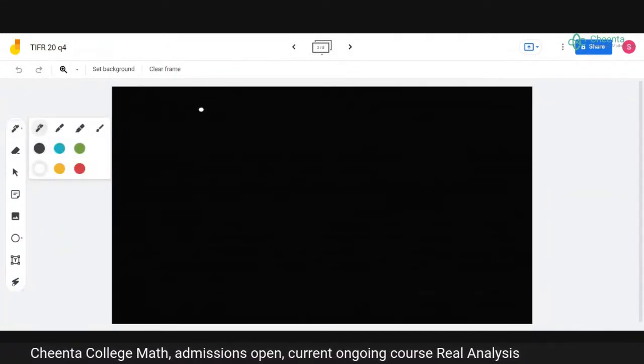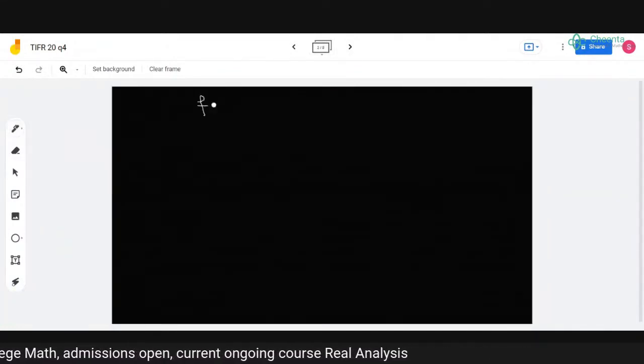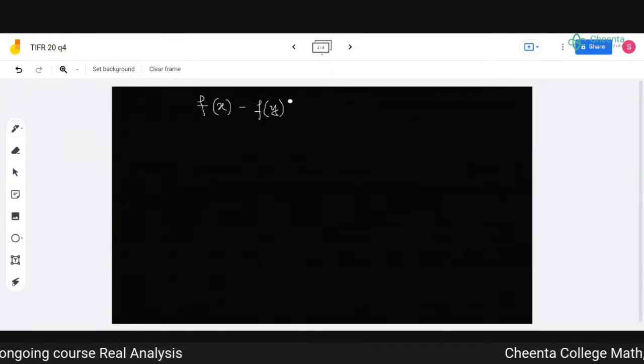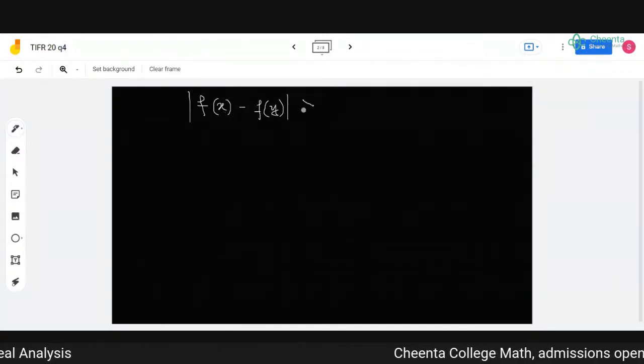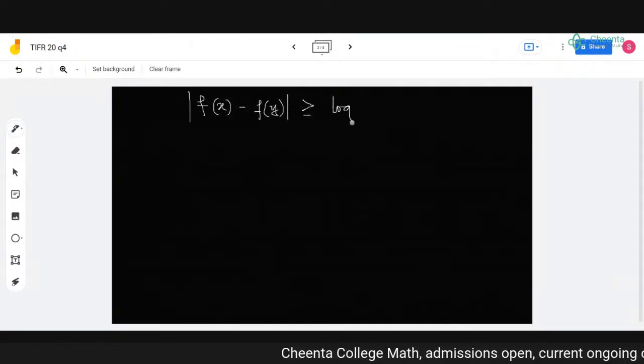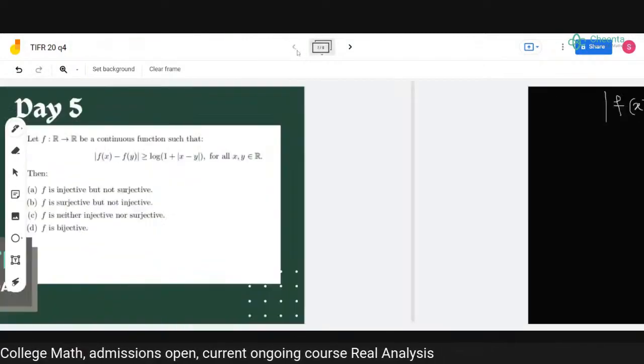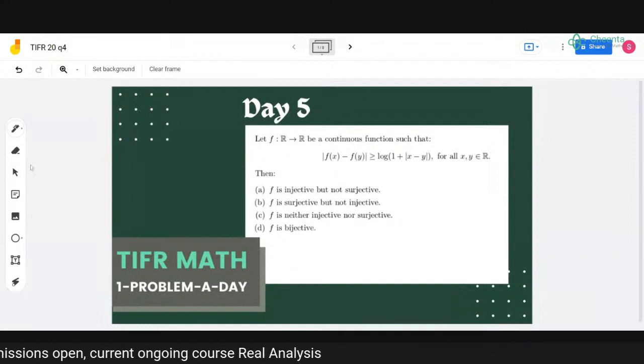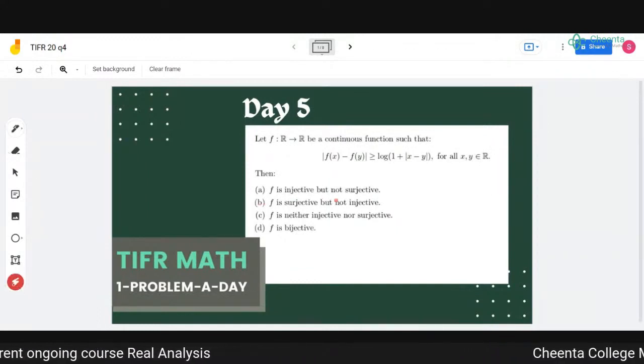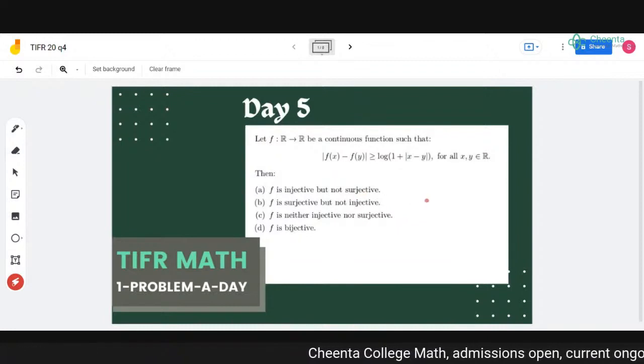So this is the given function, that mod of f of x is greater than or equals to log 1 plus mod of x minus 1. All right. So the options, as you can see, are quite standard MCQ options: injective but not surjective, surjective but